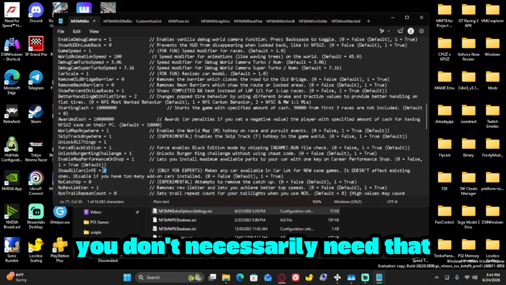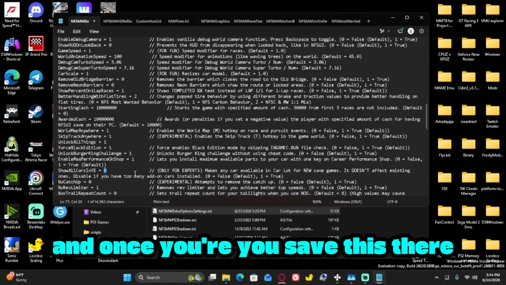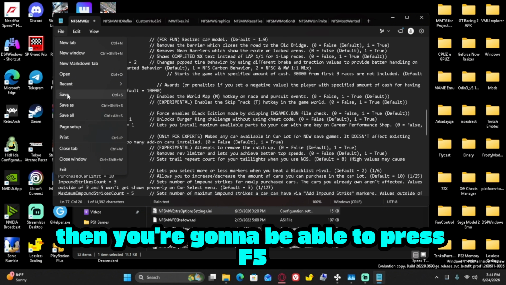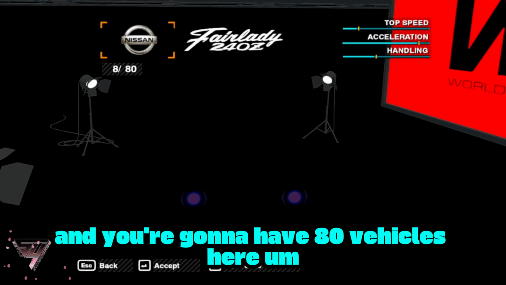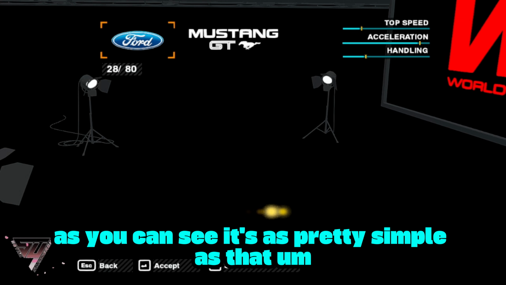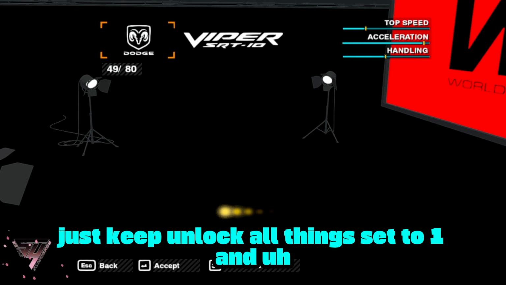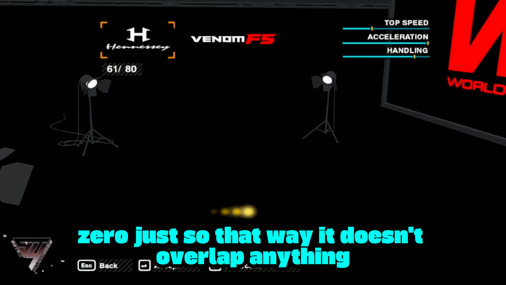You don't necessarily need that. That's not necessarily needed for that. And once you save this there, because always remember to save it, then you're going to be able to press F5 and unlock all things, and you're going to have 80 vehicles here, as you can see. It's pretty simple as that. You just keep unlock all things set to 1, and show constants at FE to 0, just so that way